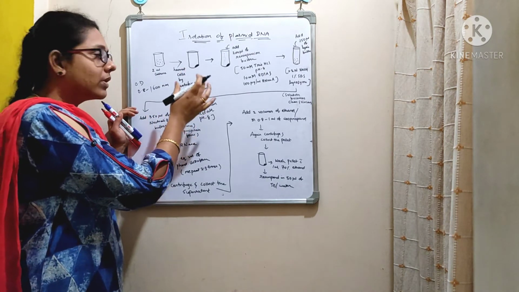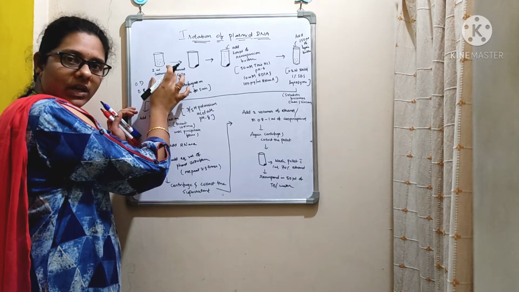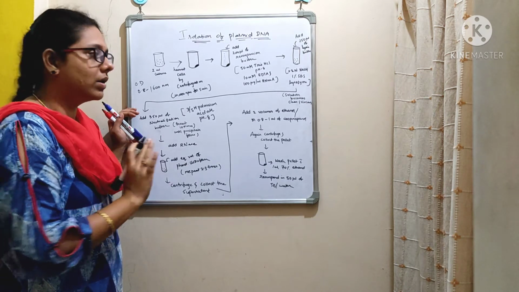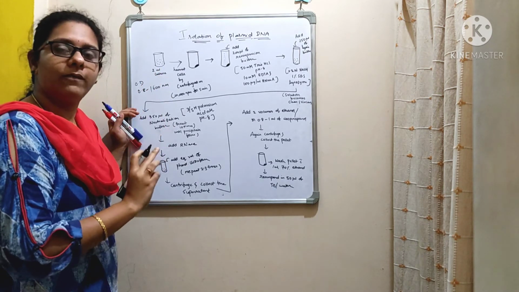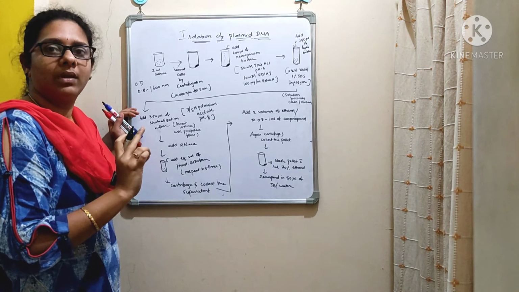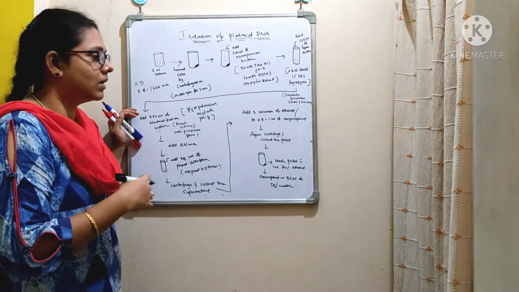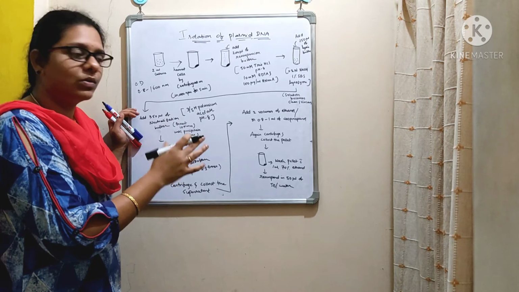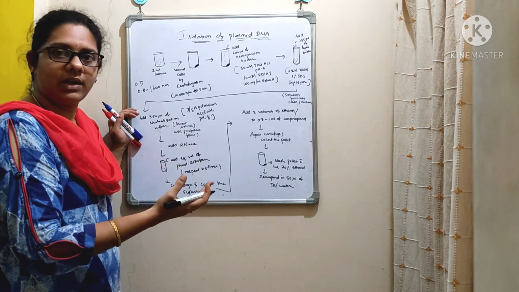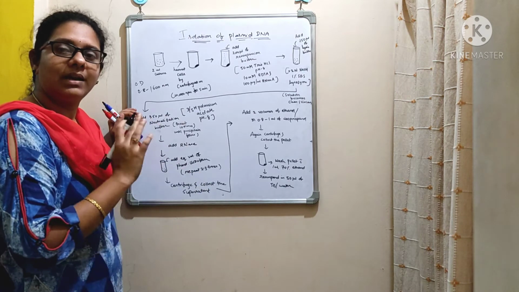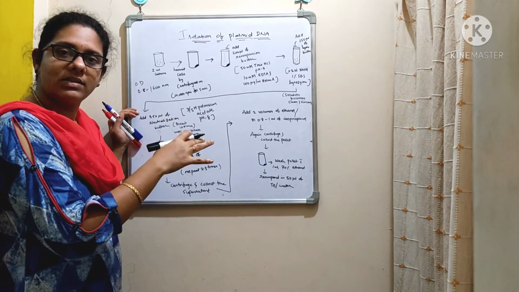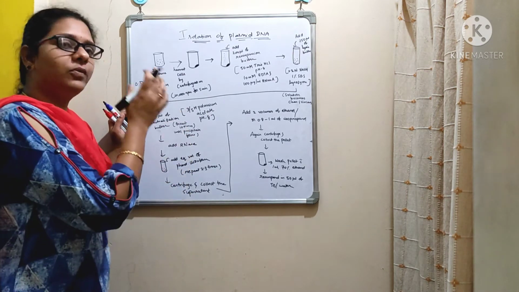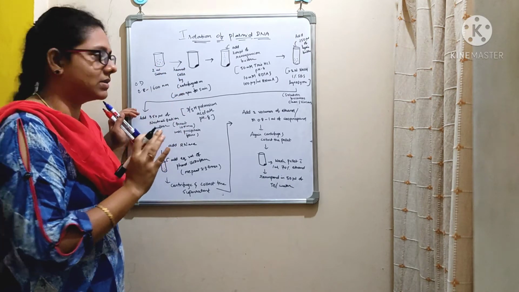So what you are going to do is transfer 2 ml of E. coli culture into a sterile Eppendorf tube. Make sure you sterilize everything, that is the Eppendorf tubes and the tips, and maintain sterile conditions, because if there is any contamination of DNases, your compound will get degraded. You are expecting a pure DNA at the end of the experiment, but if the solution is contaminated with DNases, those DNases will degrade the DNA, so that you can't get the expected DNA at the end. For that reason you need to maintain sterile conditions.